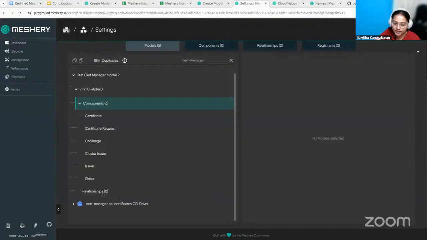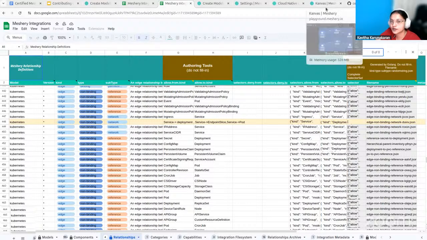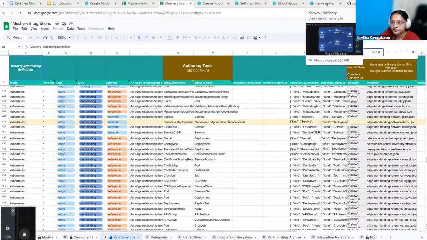So there are no relationships inside the table. Also, if you search for search manager in the relationships, you will not get anything. You can create ones over there. And